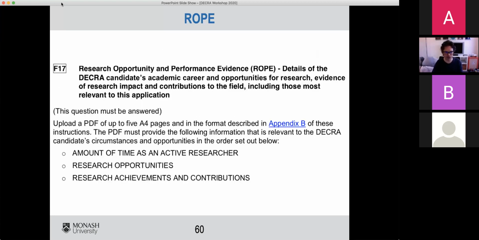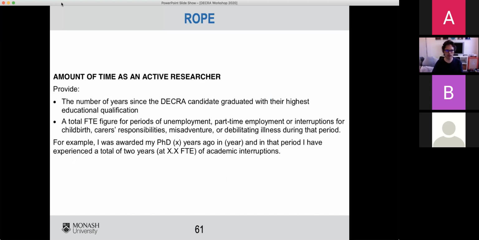And then when you come to section F17, which is your ROPE section, you are then given the opportunity to say what your time as an active researcher is. Make that clear. If your time as an active researcher since PhD is 4 years at 0.67 FTE, tell them that and then tell them what that means in terms of time since PhD as an active researcher. Then you have opportunities and achievements and contributions. So here's the example sentence.